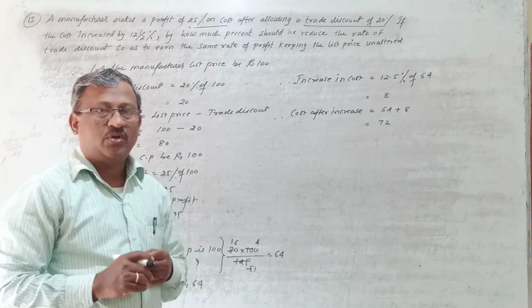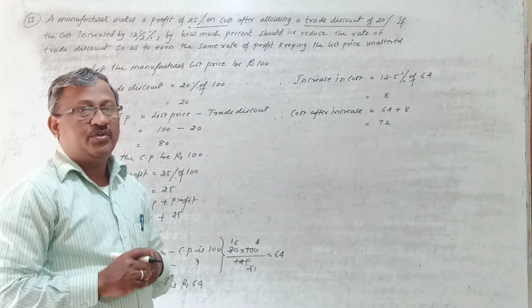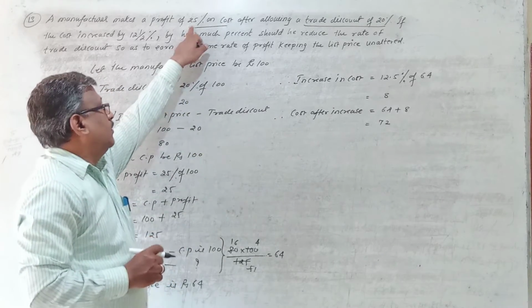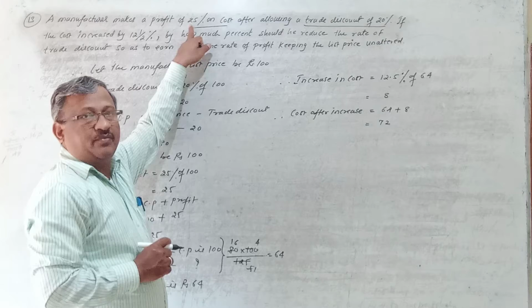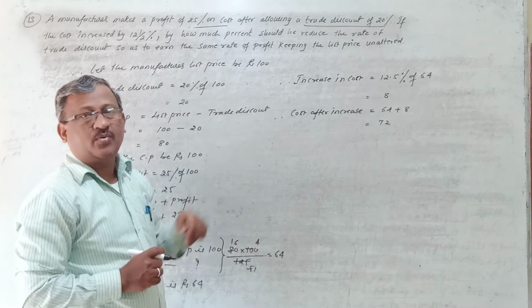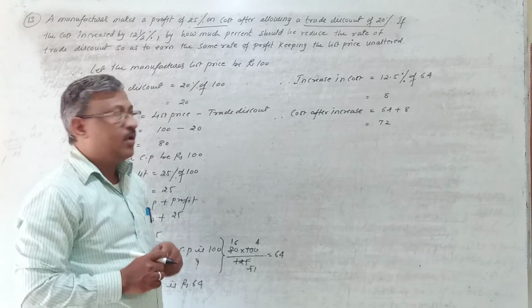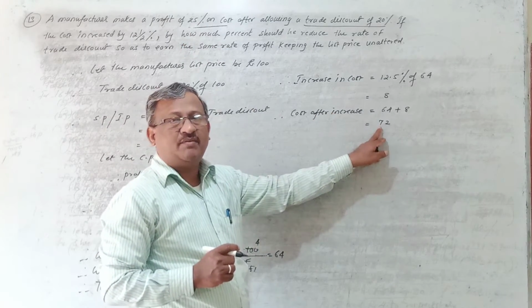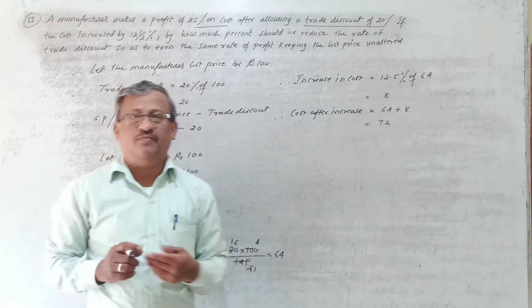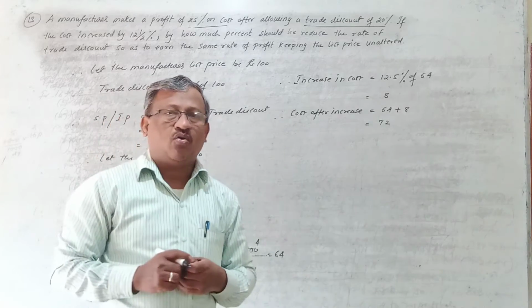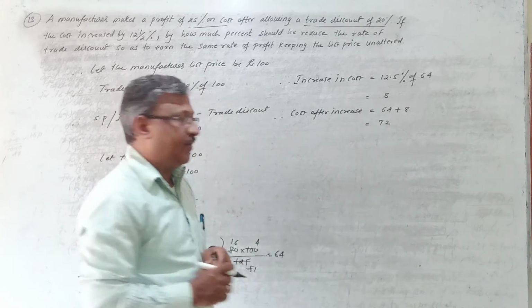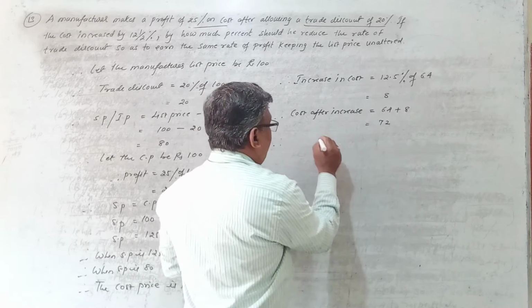Now what do you want to do? Now you want to sell the same. How is he selling? He is selling at the same rate of profit. Earlier he was taking 25% profit, and now also he wants the same rate of profit, 25% only. So the rate of profit is known, and we also know his cost, 72 rupees. As I told, profit is always calculated on which price? Cost price. So the cost price is known, so I can easily find the profit. Now you calculate the profit of the manufacturer.